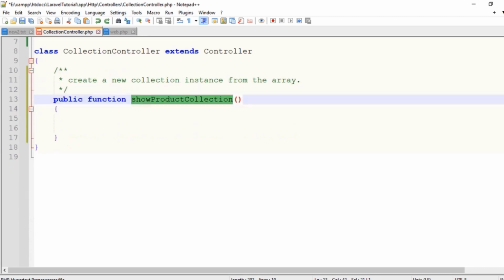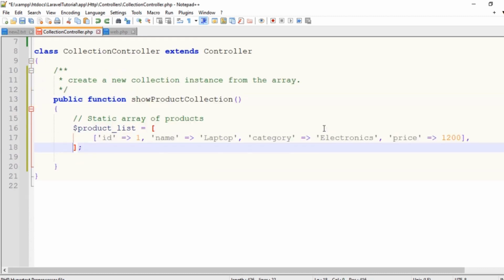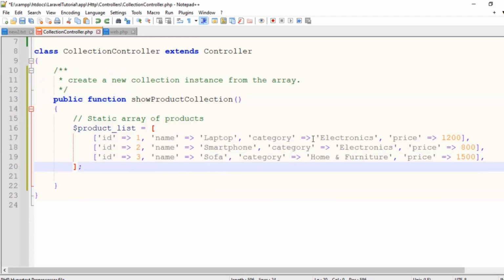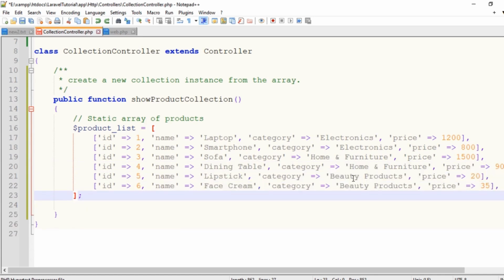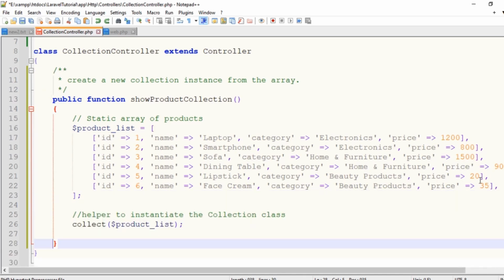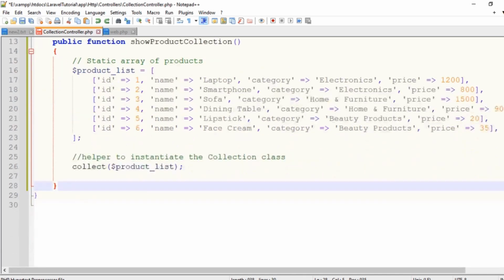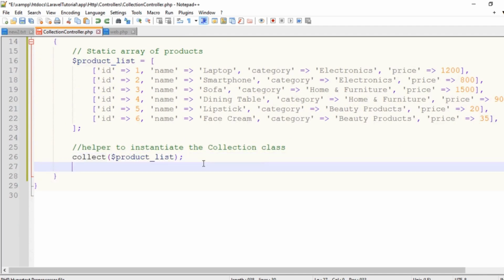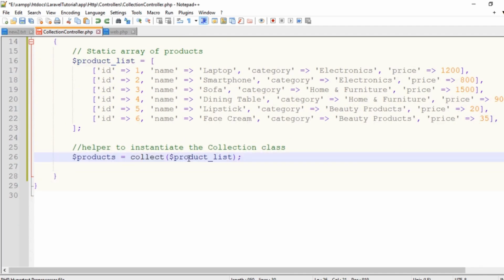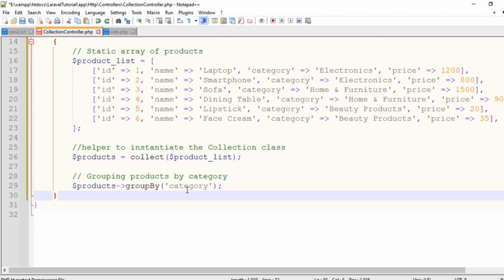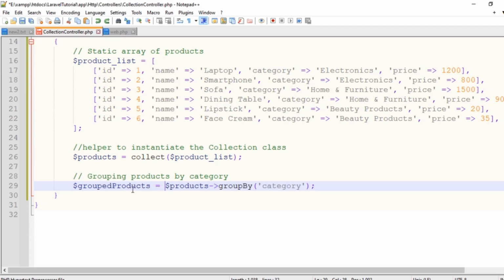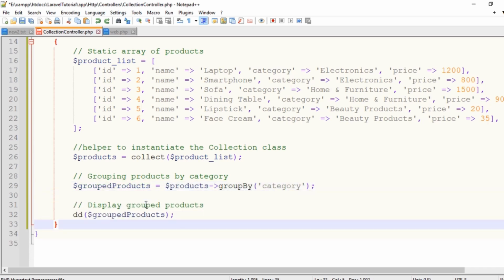Then, define the function showProductCollection, where you will create a static array of products categorized into electronics, home and furniture, and beauty products. Use the collect helper to instantiate the collection class, passing in the product array and storing it in the $products variable. Group the products by category using the groupBy method and store the result in $groupProducts, which